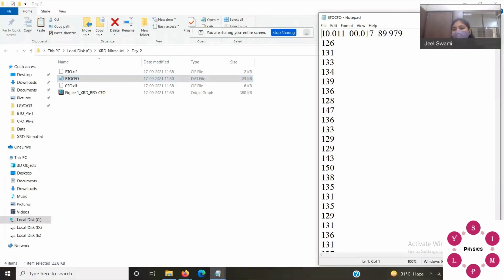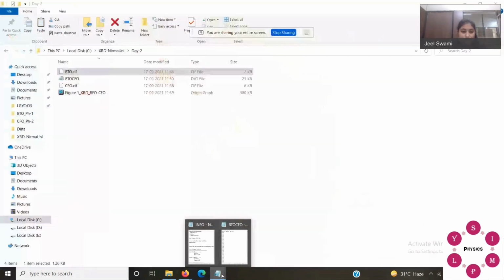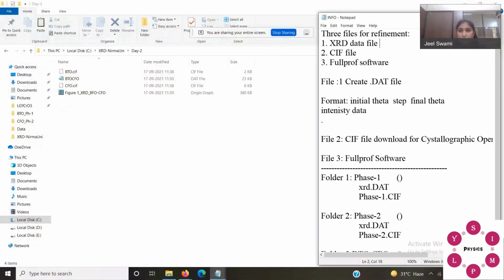Okay, so this is my DAT file and I have two phases in this. The first is BaTiO3. Let me open it. For a two-phase file, what you need is your XRD DAT file and the CIF for both phases.